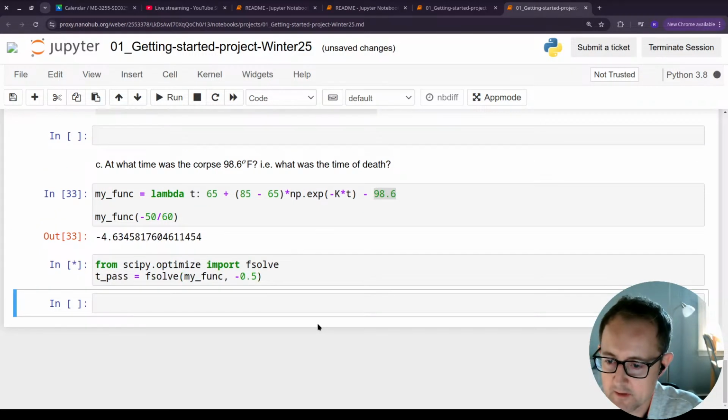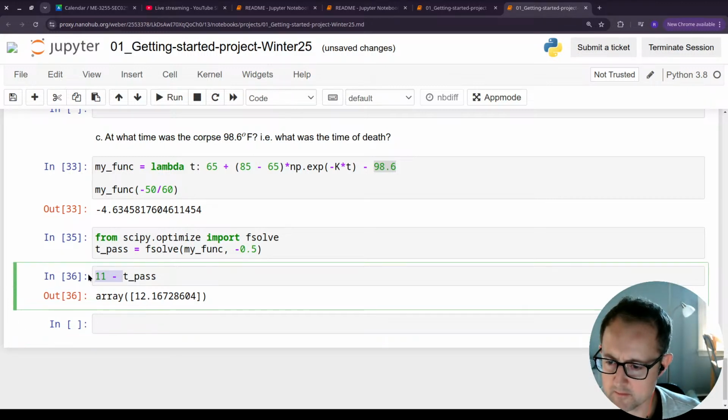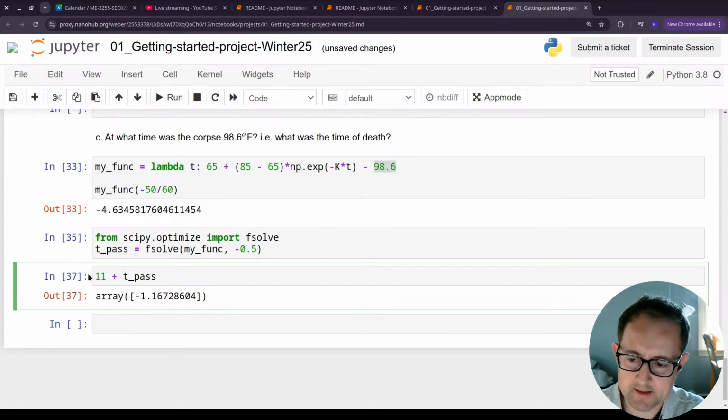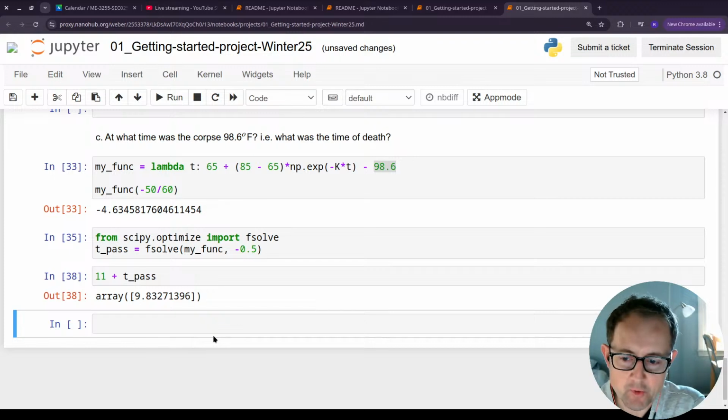So, oh, I see. 11 plus t pass. So we have a negative 1.17, so I'll add that. 9.83 hours. We don't really think about time, at least I don't think about time, in terms of how many tenths or hundredths of an hour have passed. So now I know